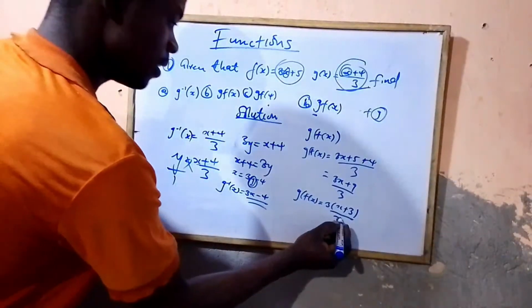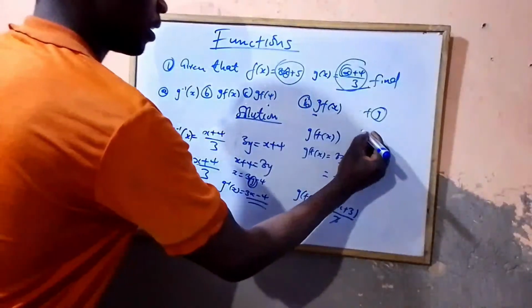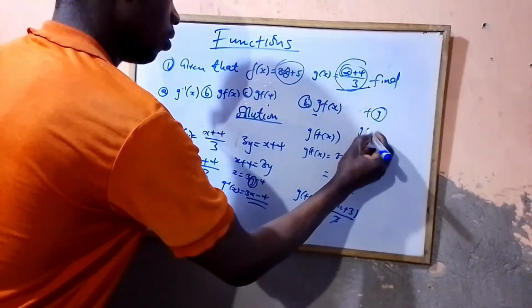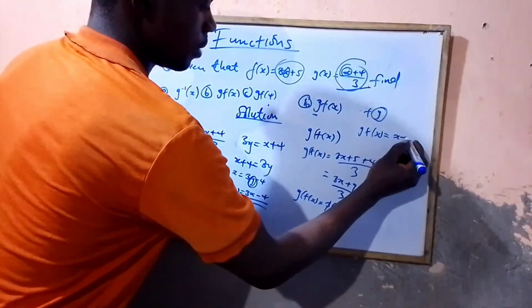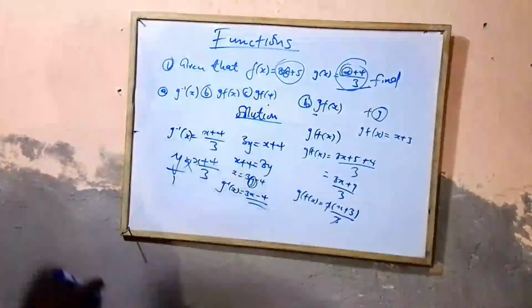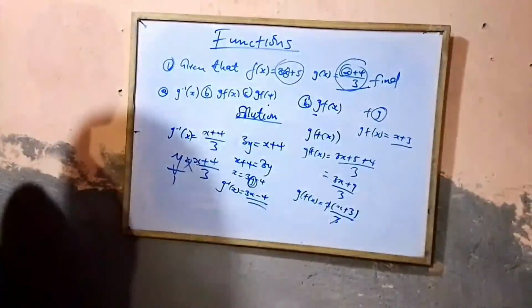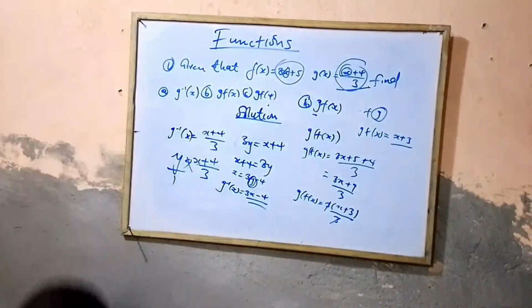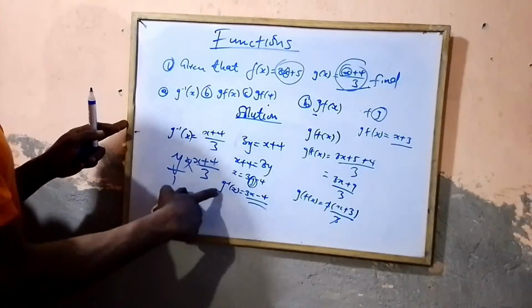So these 3 and these 3 go, in which we remain with g of f of x equal to x plus 3. This is the answer for b. So now, since we have found the answer for